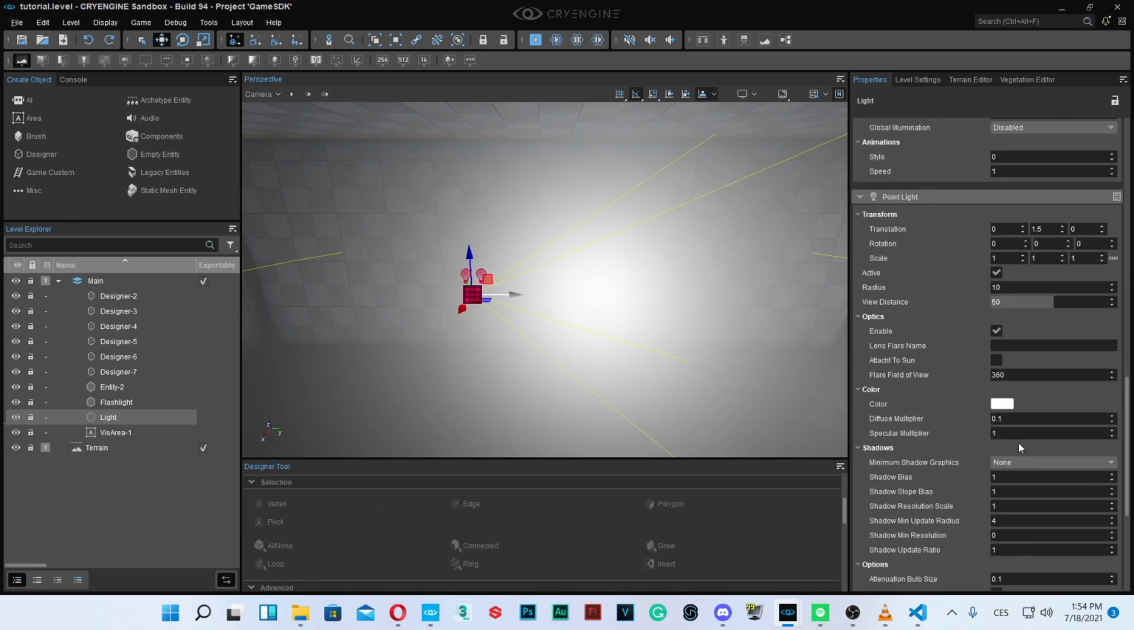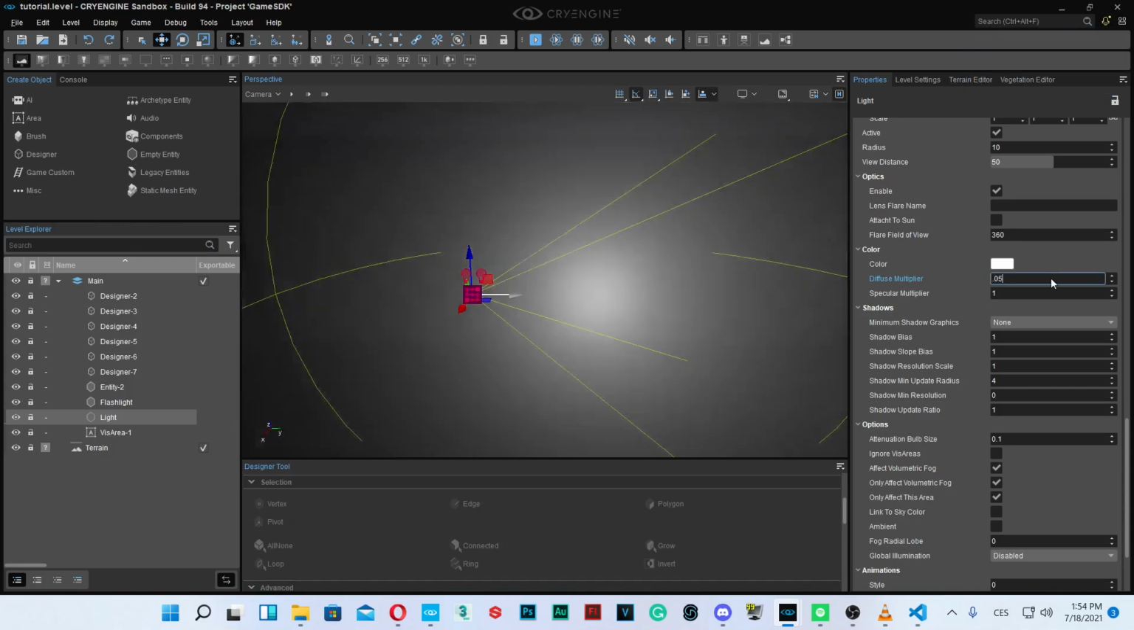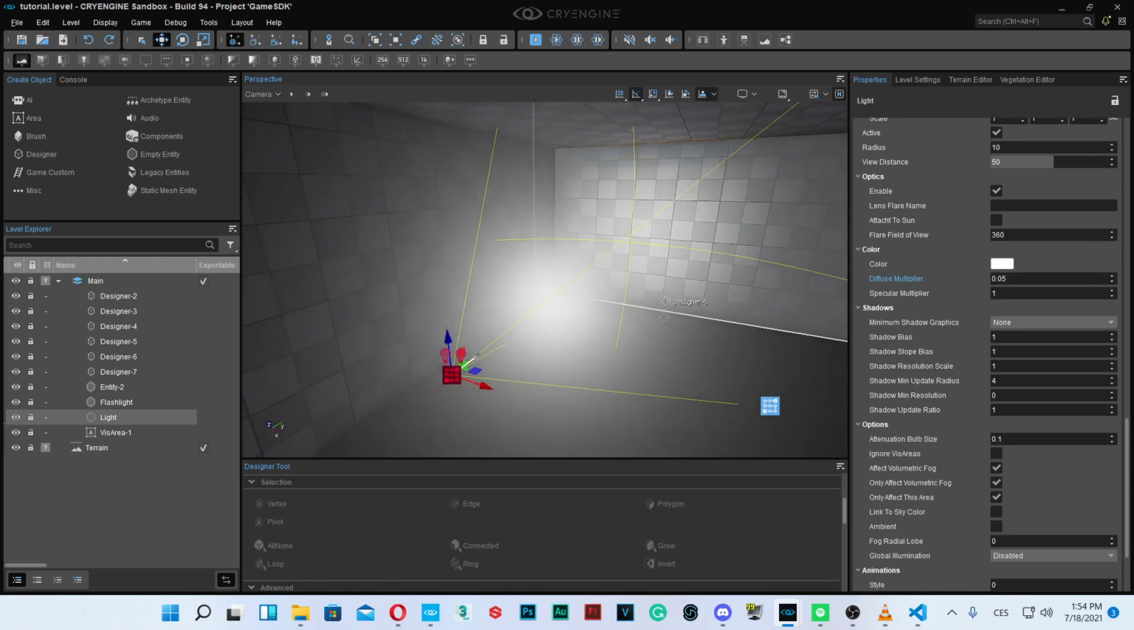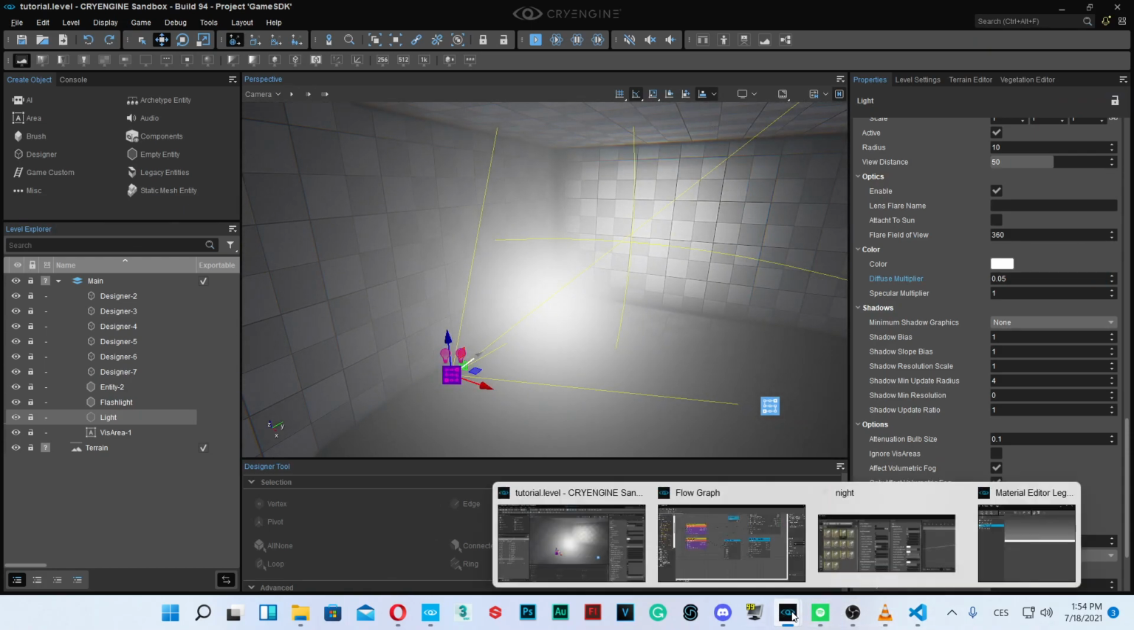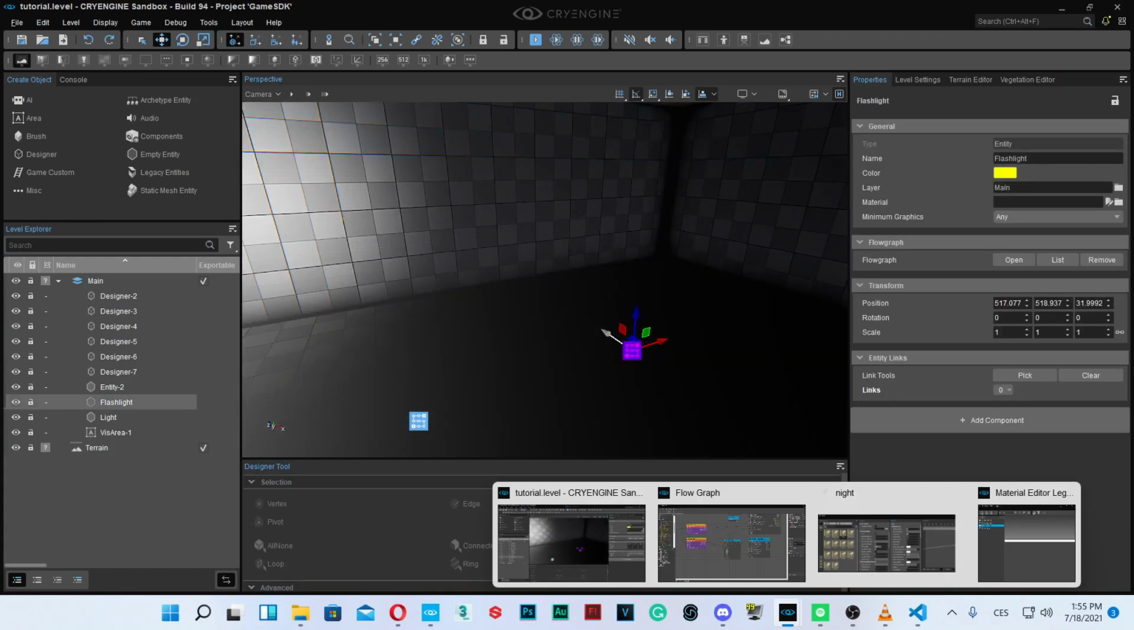Maybe we can decrease it just a little bit more, and we see what works the best. Okay, so now we're gonna go to flow graph and create a new entity